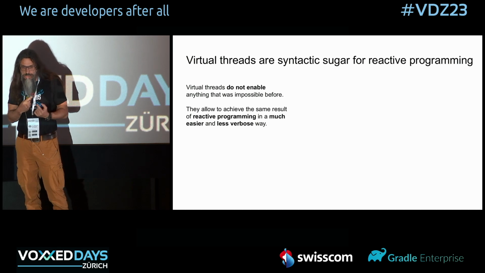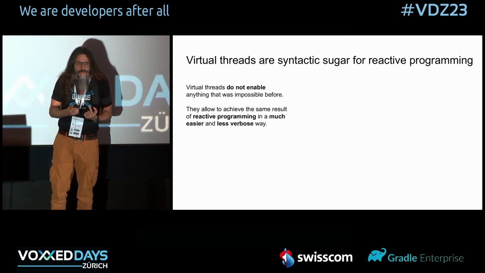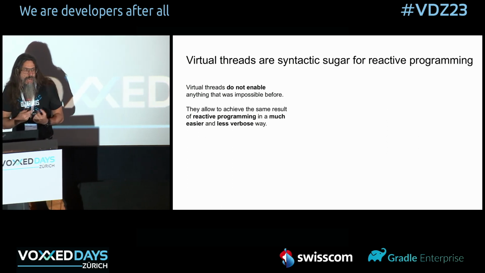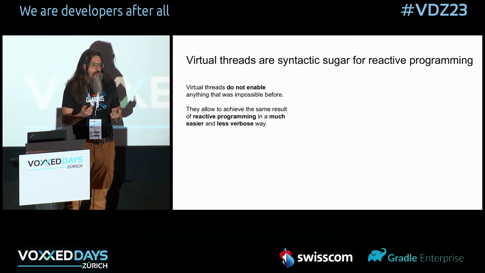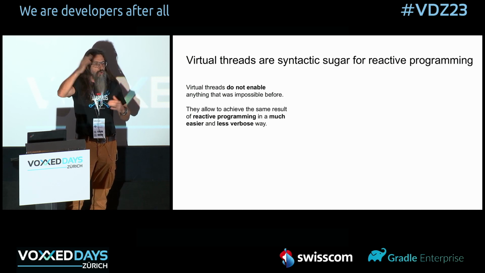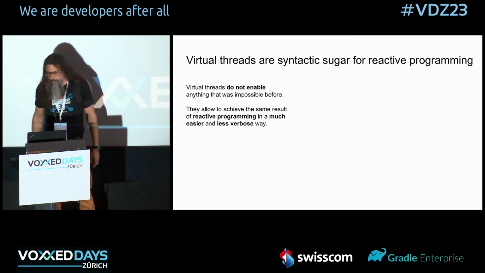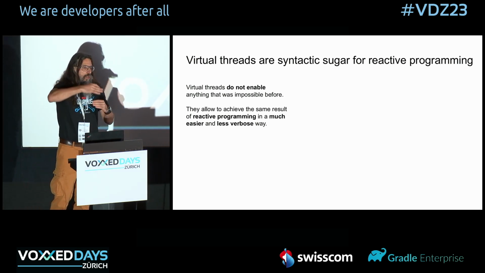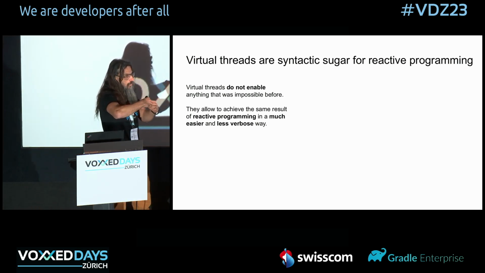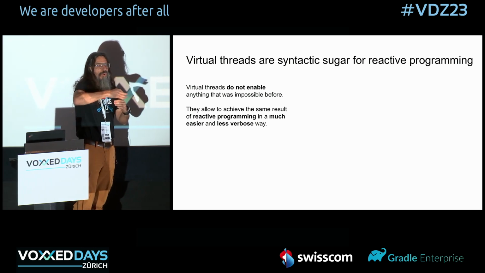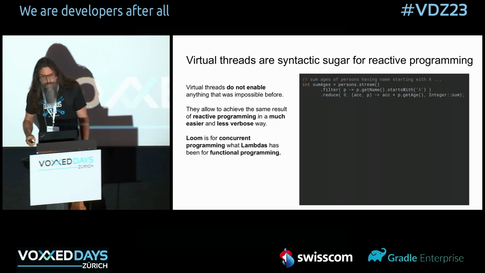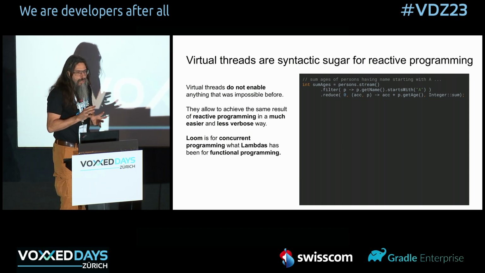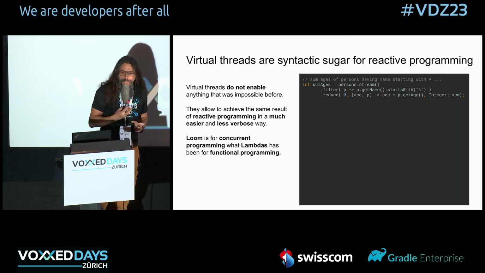Again, it is really possible with reactive programming, but they allow you to do this in a much nicer way, at least from a syntactical point of view, because you don't have all those callbacks and function composition that you need with reactive programming. You can write your program in a way that looks synchronous, but in reality it is. So my idea at the time was, okay, let's make this analogy. We can say that